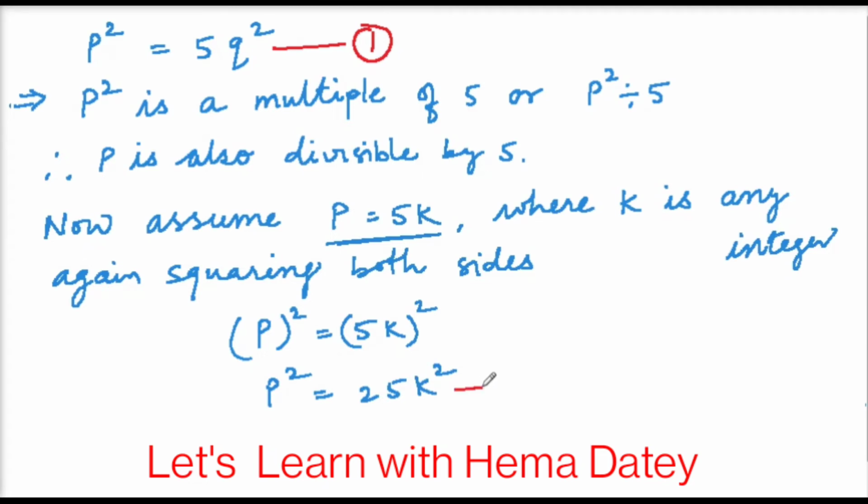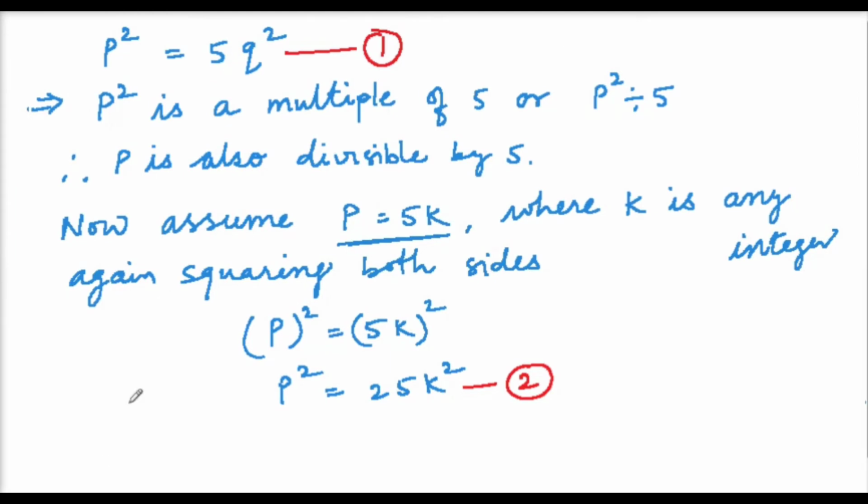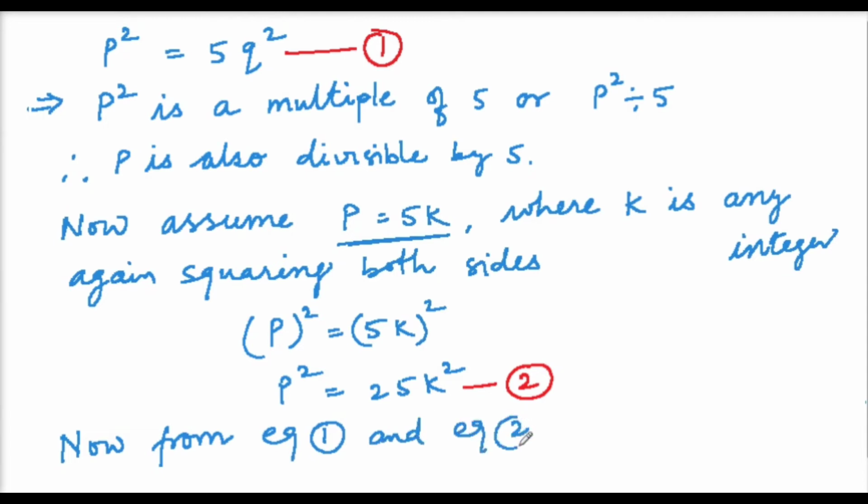We will write this as equation number 2. Now observe equation number 1 and equation number 2. In equation number 1, p square equals 5q square, and in equation number 2, p square is equal to 25k square. So by observing these two equations, we get